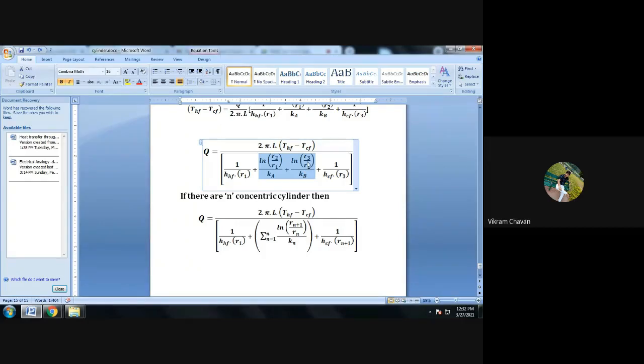Okay, और इसमें फाइनल रेडियस क्या है? R3 है। So similarly, if you consider the 5 cylinders, then final radius will be R6. If there are 7 cylinders, then final radius will be R7. Okay, so we can consider that if there are n cylinders, then the final radius will be R suffix n plus 1, divided by initial radius, that is R suffix n.